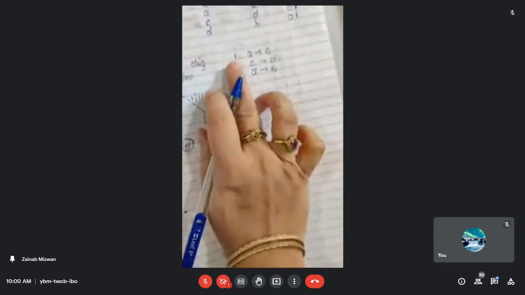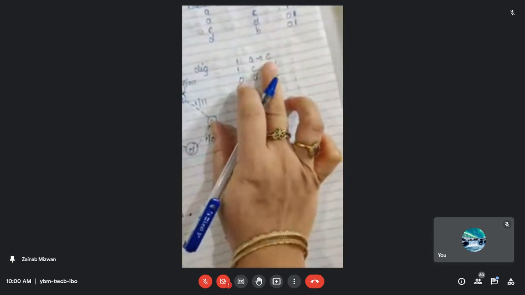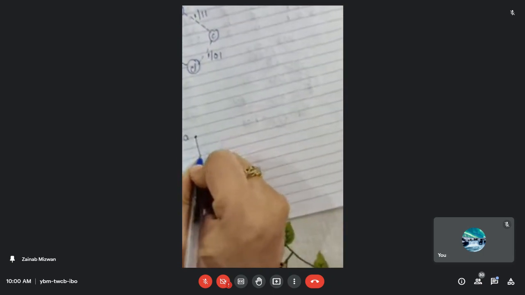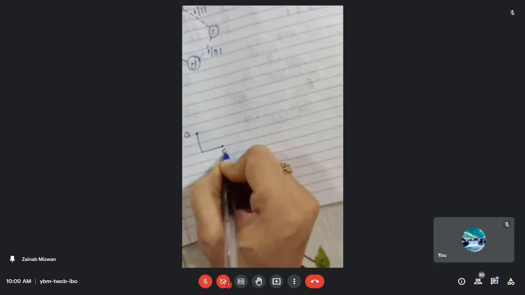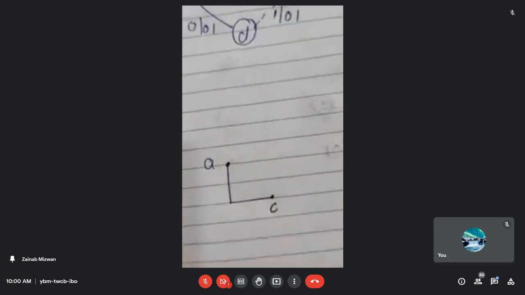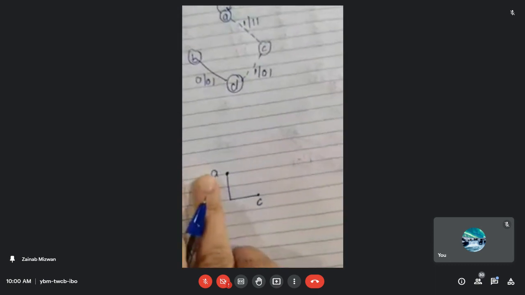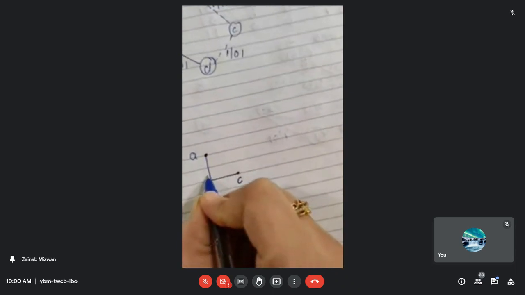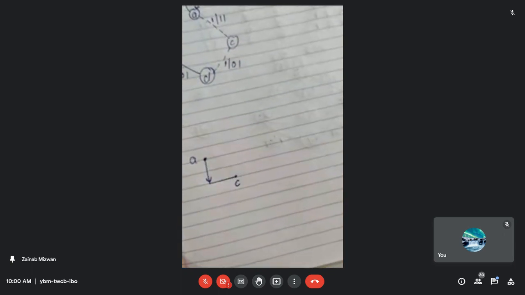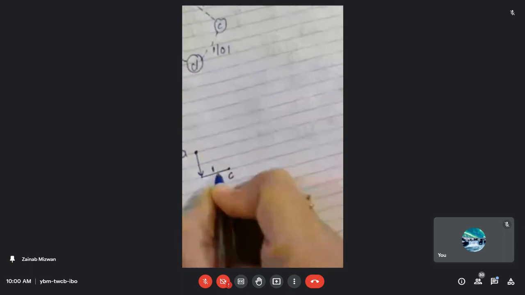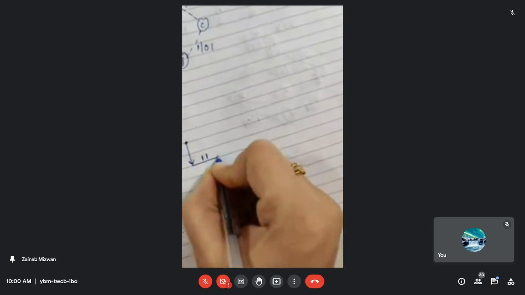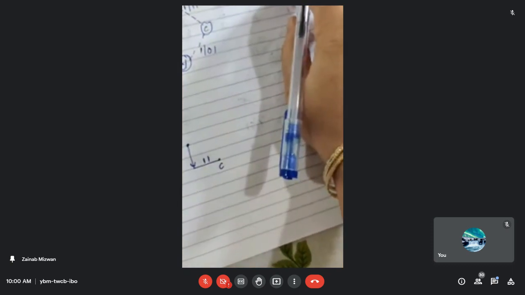So I'm going to move from the state A to the state C over here. But when I'm moving from the state A to the state C, the input is 1, so I will just move in the downward direction. Can you see what I've drawn? We are at the state A, we are moving to the state C when the input is 1. So when it is 1, we have to move in the downward direction. Here again I need to write the output. I'm writing the output as 1 1 over here. Now we are at the state C. From the state C, either we need to move in the upward direction or the downward direction.